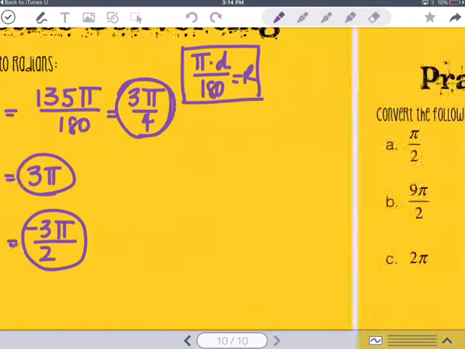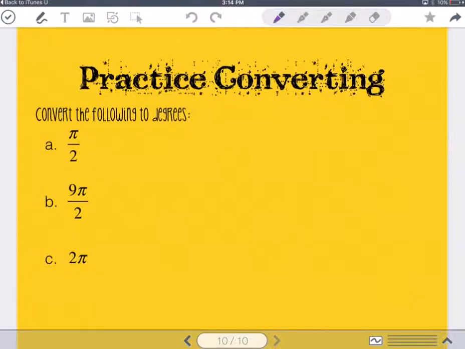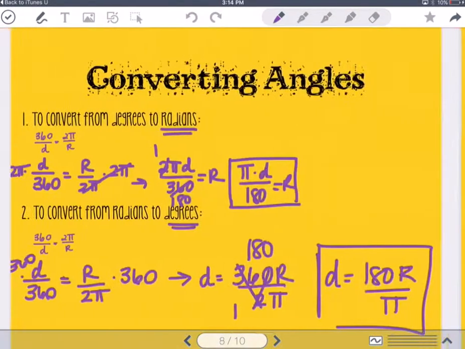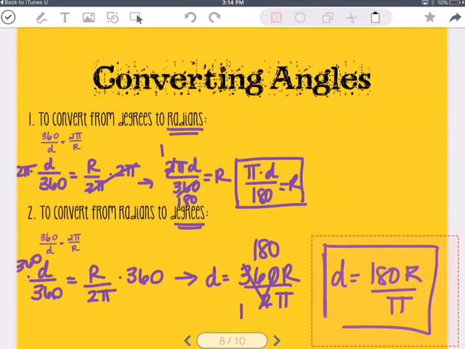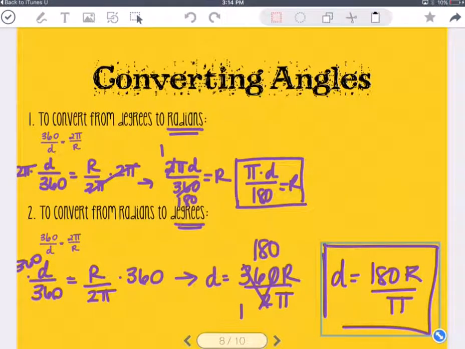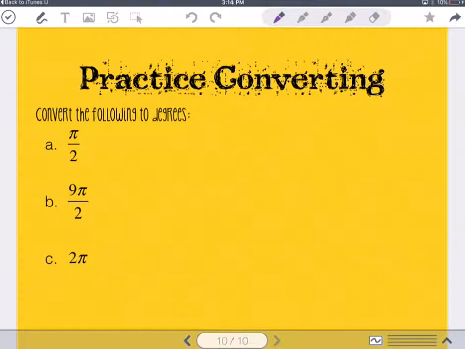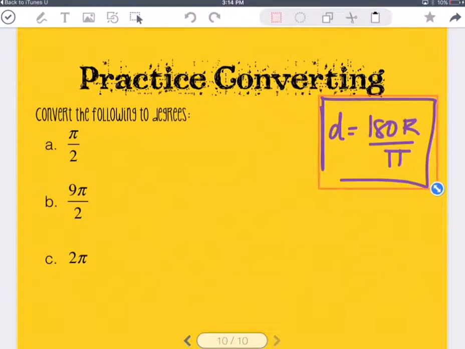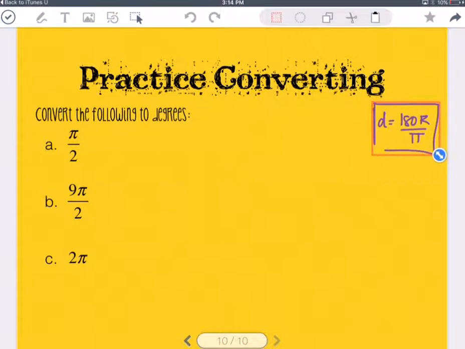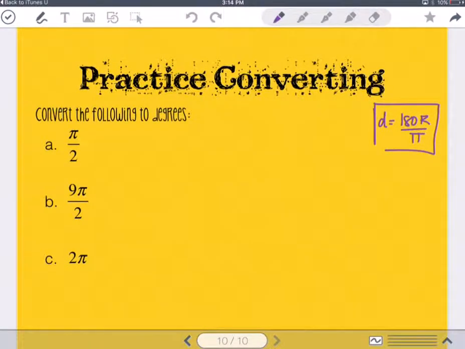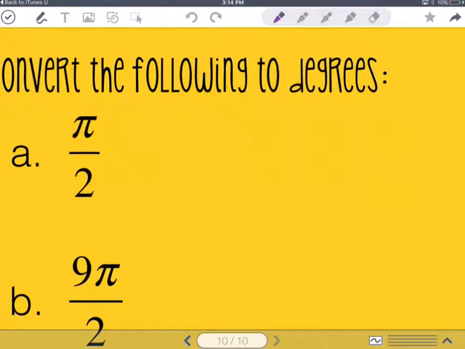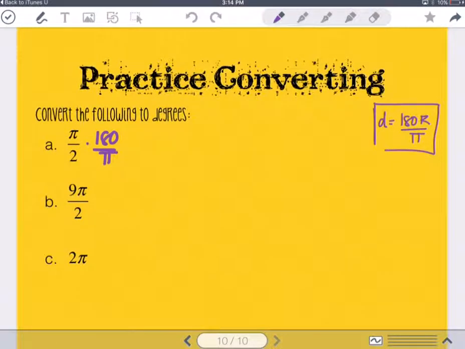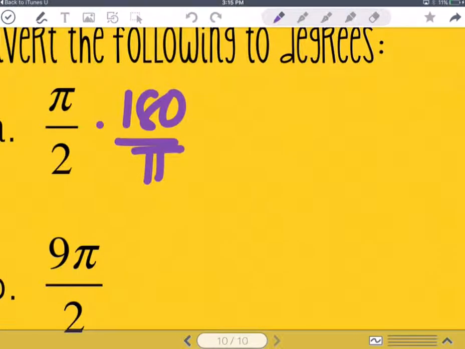Okay, so now the last slide is going to ask us to convert from radians to degrees. So I'm going to go back. I'm going to copy my formula. So this is the formula that we're going to be using. All right, so I'm going to be timesing it by 180 over pi, essentially. It's the same thing because if your radian's a fraction, that denominator would just come down. So you can just think of it as timesing it